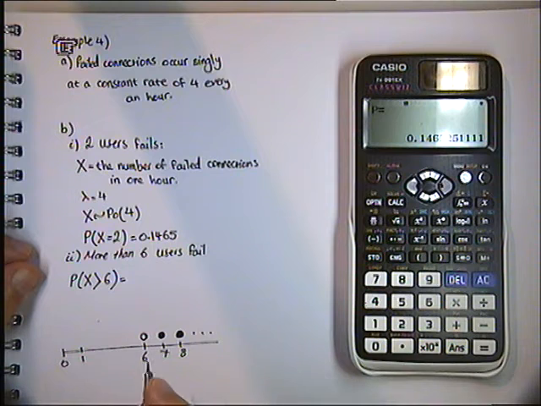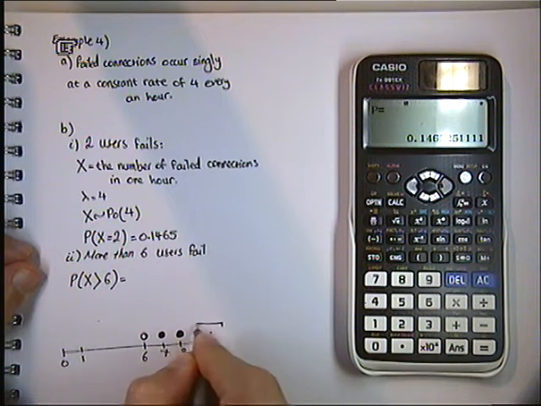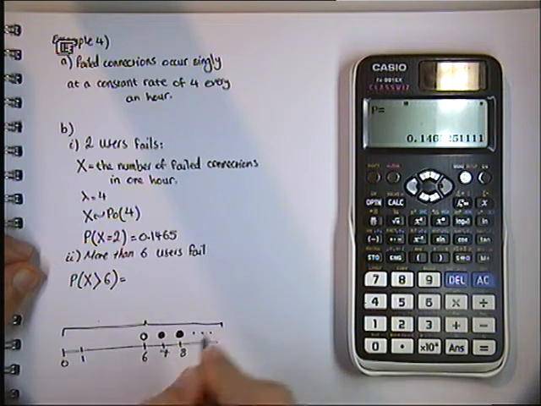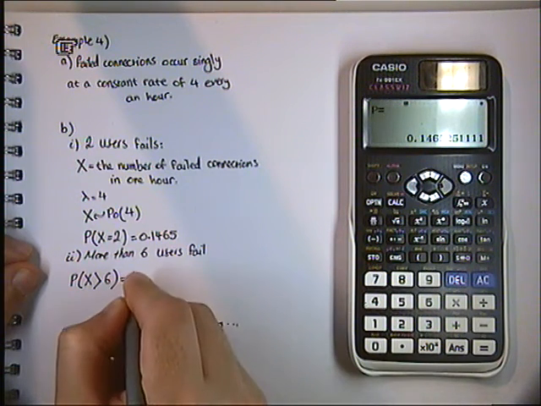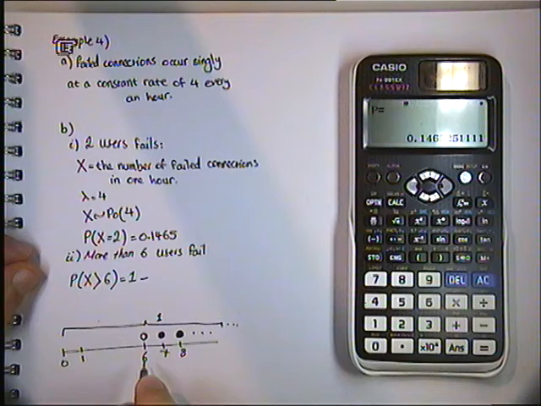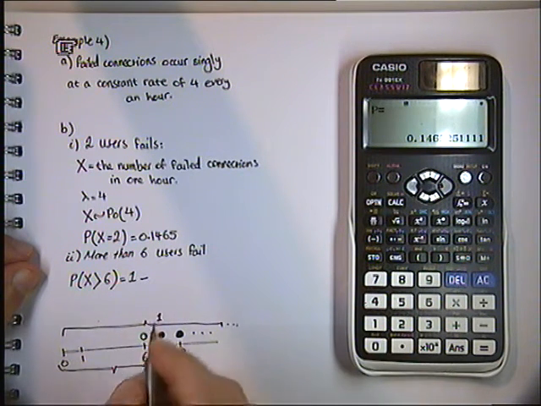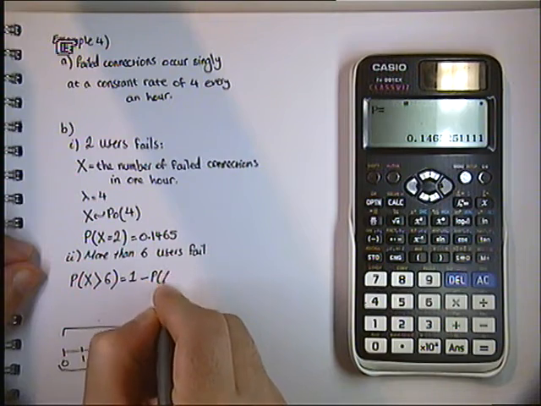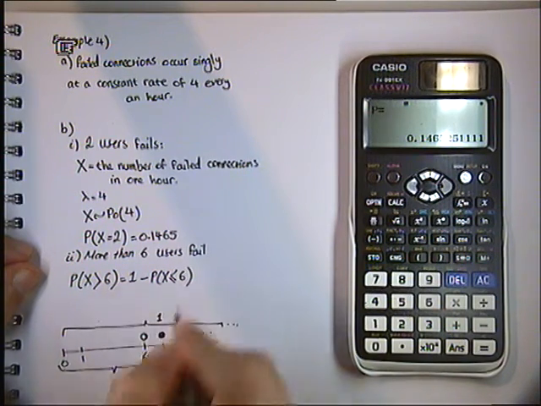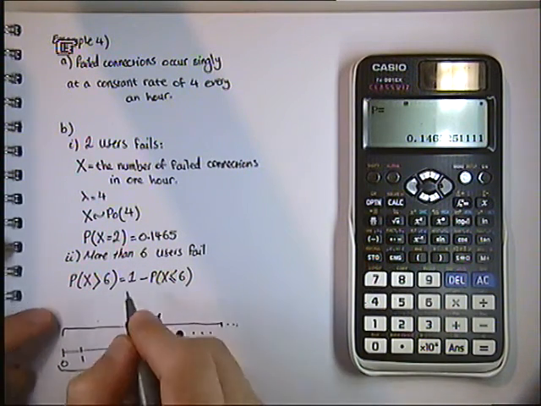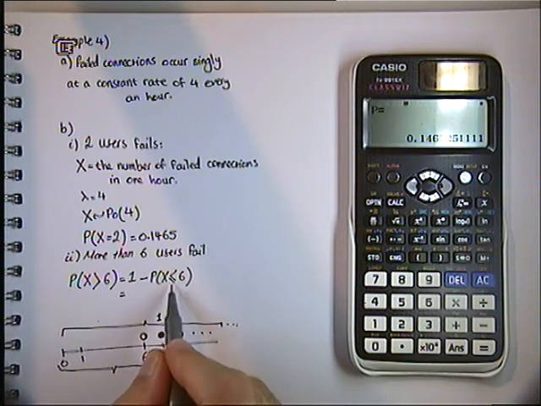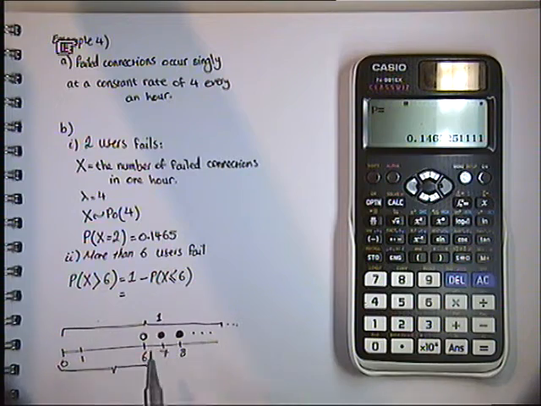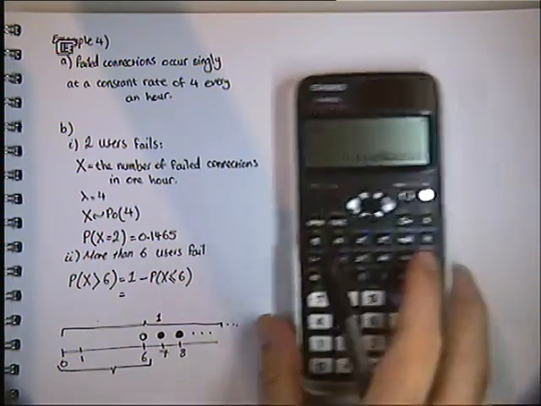So what we could do is, obviously we know the total probability is equal to 1. If I take away probability of x equal to 0, 1 up to 6, probability of x less than or equal to 6, then I will get probability of x greater than 6. Okay, so less than or equal to 6, because 6 is not included in our solutions. So therefore,